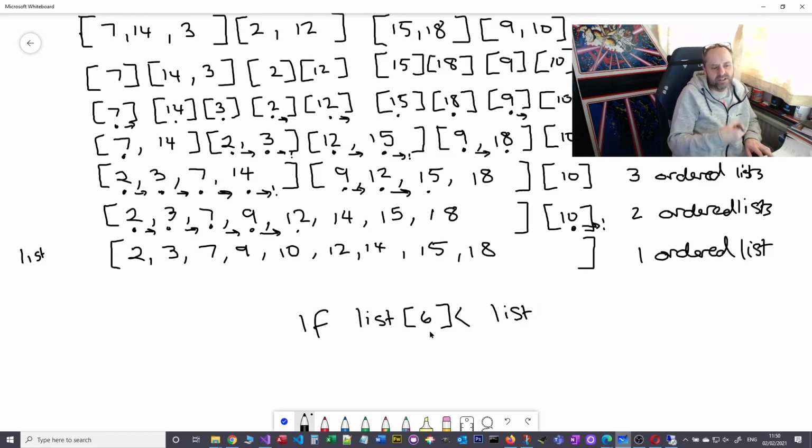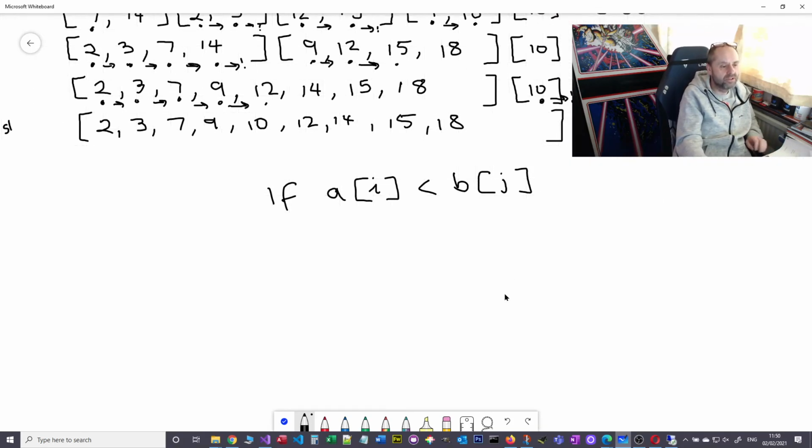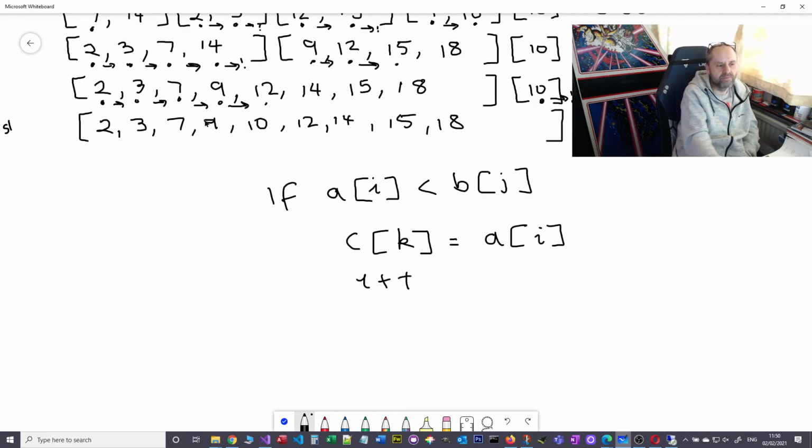Okay, so if we had two lists, let's just write it as an example of merge sort. Let's say we had a list called A and a list called B. So you could say, A[i], is that less than B[j]? We need to be different pointers. And then we would say, right, okay, if that's true, then let's say we were creating a new list, and this is your problem, we've got multiple lists on the go. So we would say C[k], so I, J, and K are our indexes, so they're the little pointers. So we'd say C[k] equals A[i], and then we'd say i plus plus, so I move along the I,